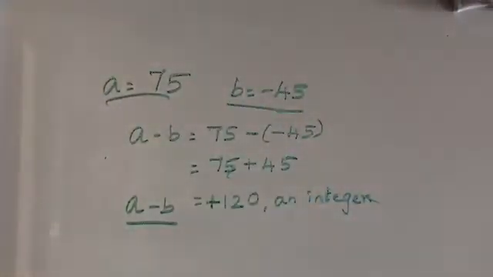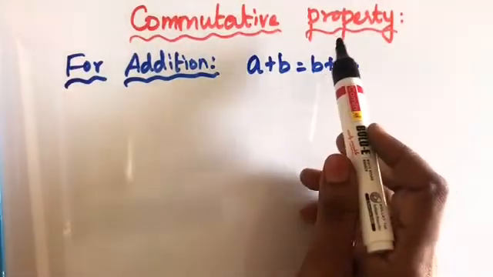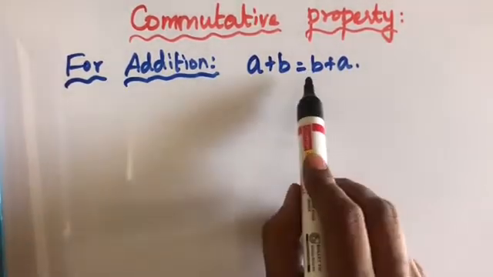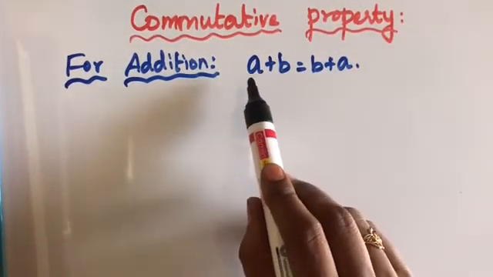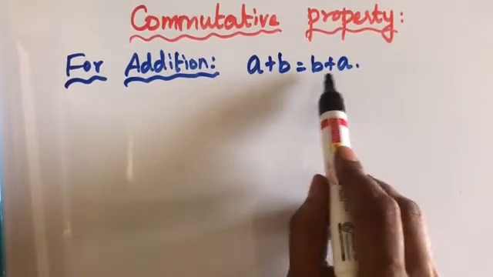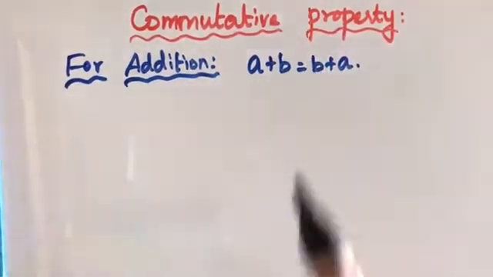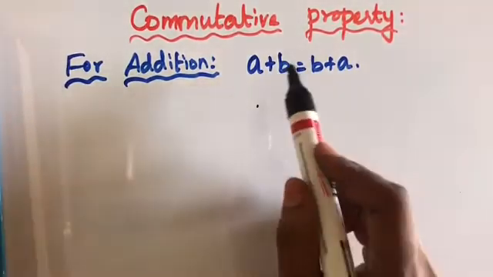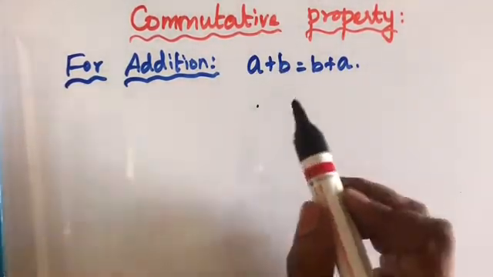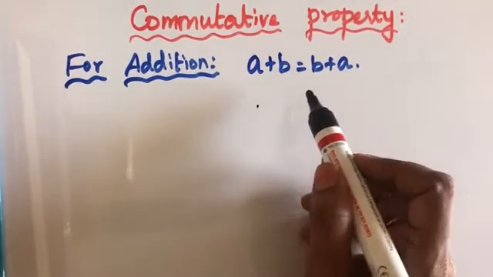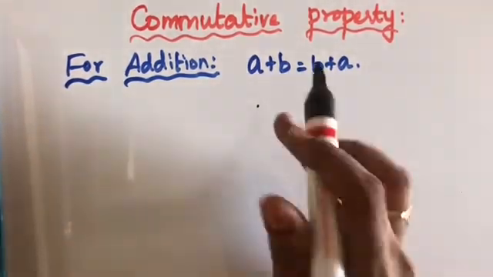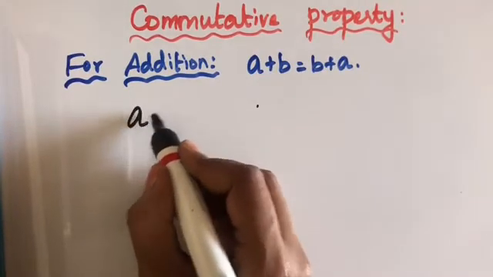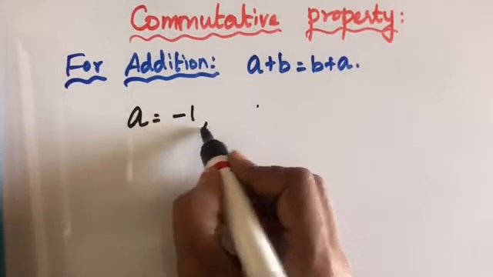First, let us check the commutative property. What is the commutative property? For addition, if a and b are two integers, if a plus b is equal to b plus a, then it satisfies the commutative property. Now, we are going to check whether the negative sign satisfies this property. Okay. So, for subtraction, I take two integers, small numbers, a is equal to minus 1 and